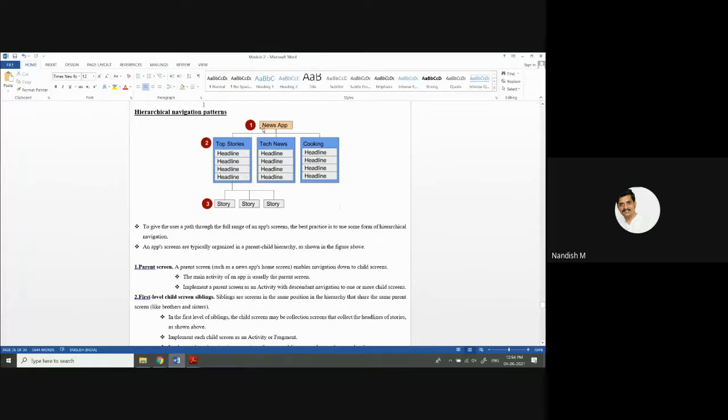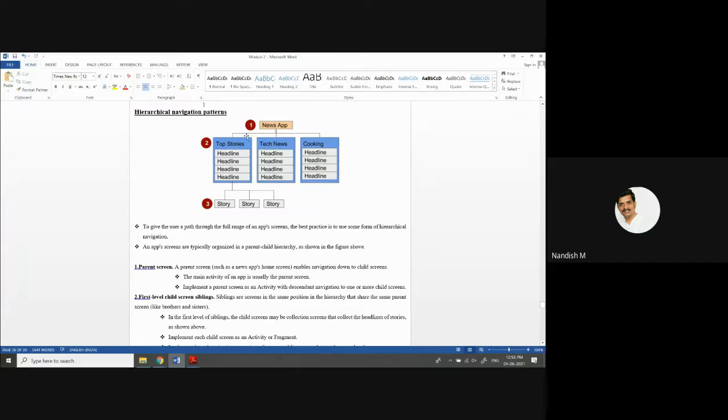And how do you implement the parent screen? In order to implement the parent screen, you are going to use descendant navigation, to move from the parent screen to the children.